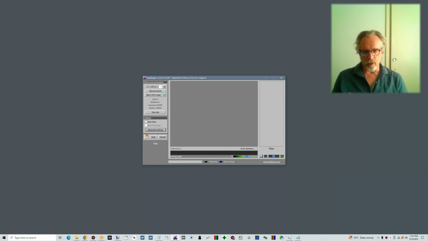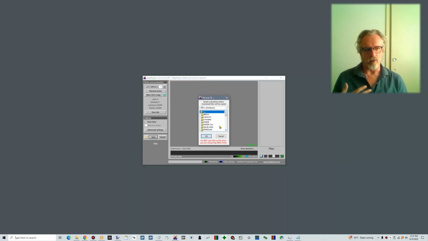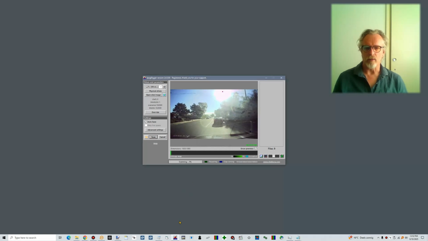So since I'm going to recover every single one of those images anyway, I might as well enable autosave. And if we now start our scan, it will prompt us for a destination folder for the files to be stored. I made this folder for it, and that's it. Now we click OK, we click scan,